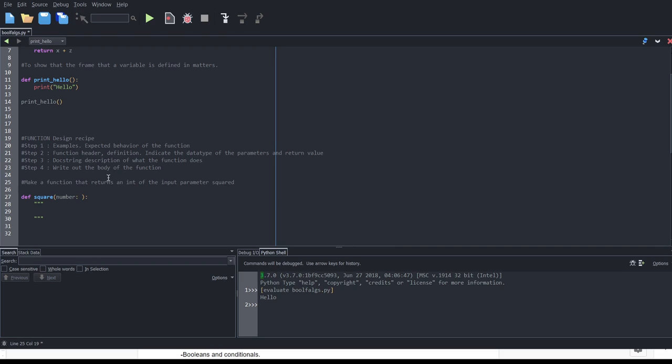The input parameter has got to be some type of numerical type, right? So we can say int. Yep, a lot of people in the chat are saying int. I like the way you think. And it returns an int on the output. Cool. So in our docstring here,